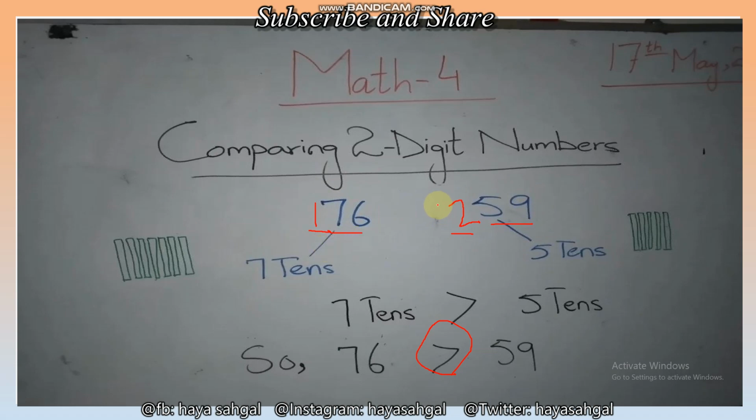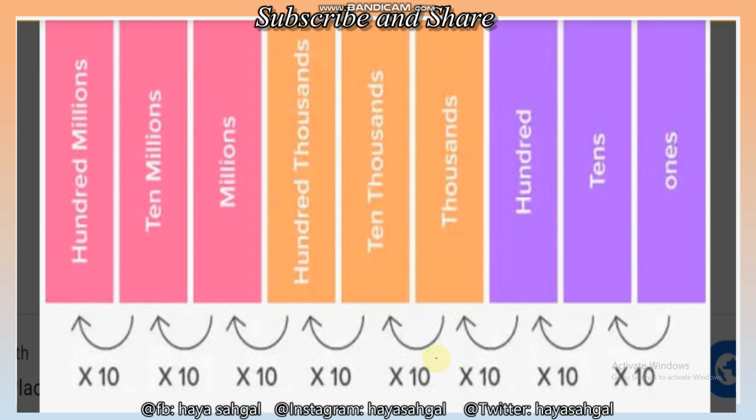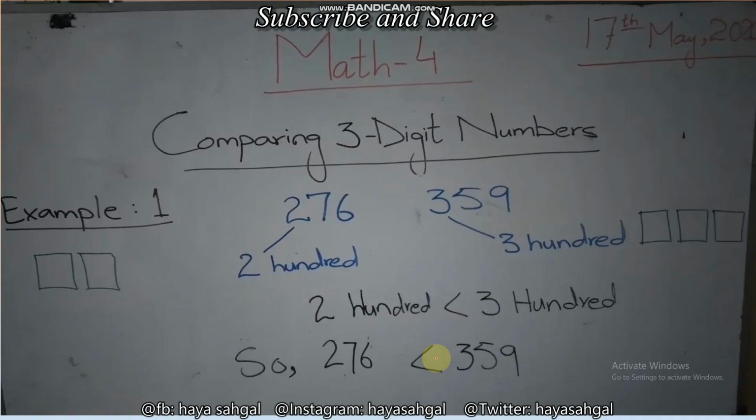Similarly, if I have 4 digits, here I have 1, here I have 3. Now what to do to compare? We will start comparing with thousands, because thousands is the greatest place here, right? So here I have 3000 and here I have 1000. Which number is greater? Of course 3176 will be greater than 1259, and we will show it with the greater symbol towards 3000, right? So this is the way to compare the numbers. You just have to follow the place value chart. If you follow its sequence, you can do it easily.